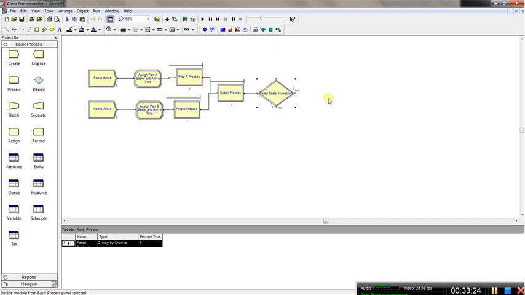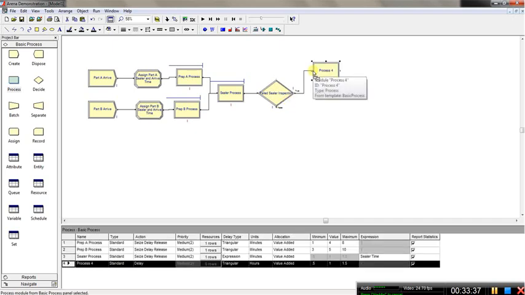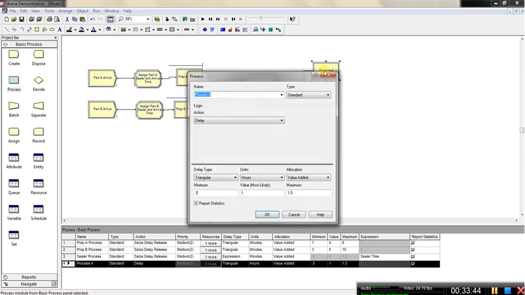The next thing is going to be the rework for those that failed, so there's going to be another process called rework. I'm going to add the rework process here. It automatically connects me to the true. So I'm going to go in and make some changes to this. I'm going to rename the process to rework process,